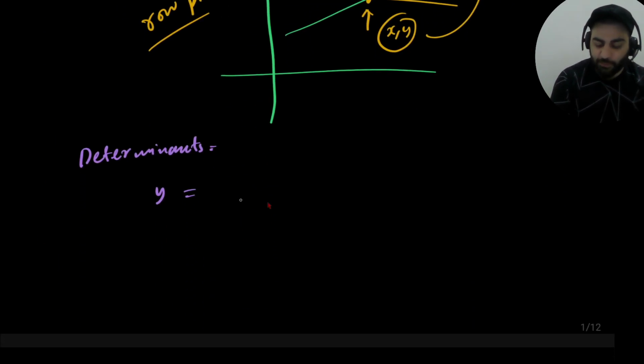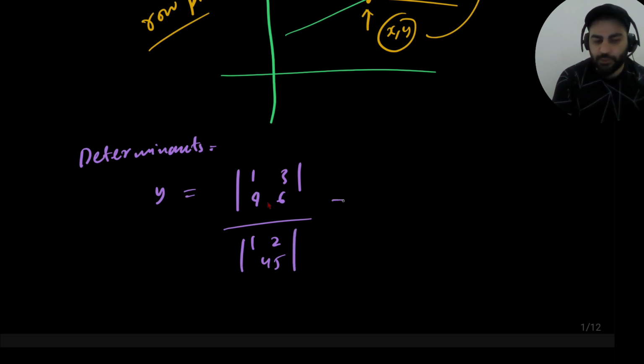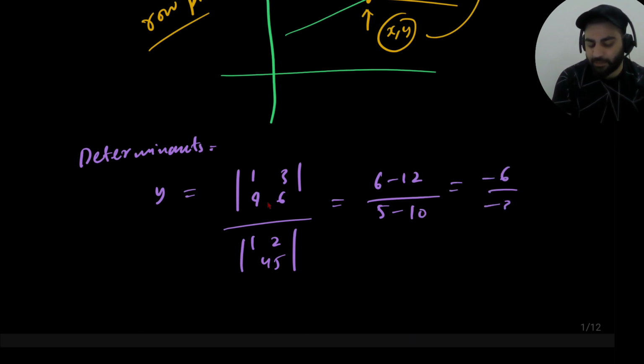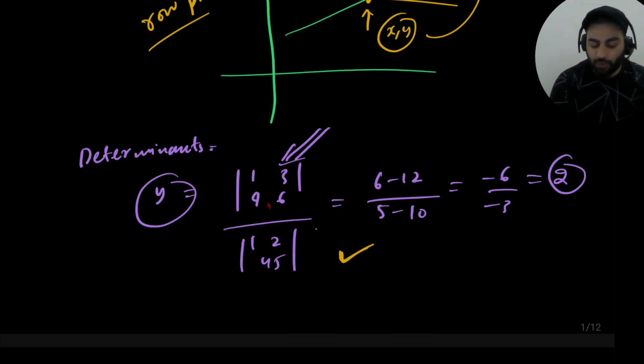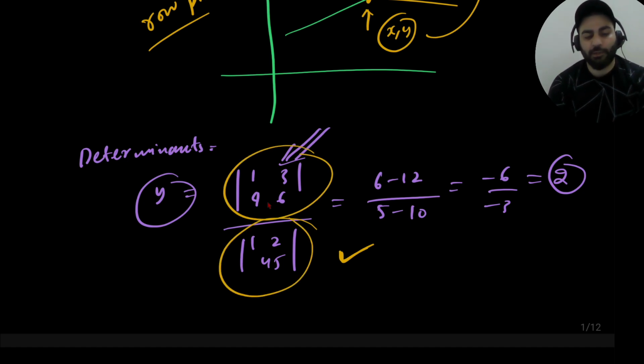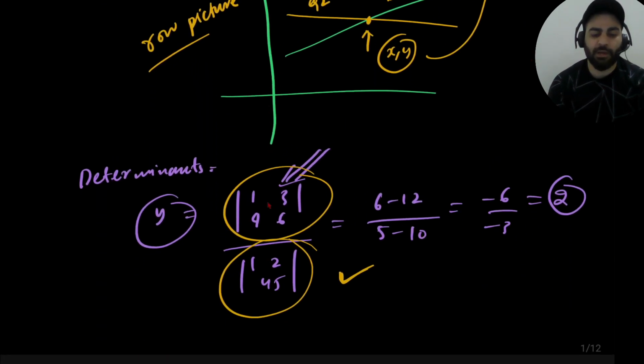So y will basically be equal to the determinant of 1, 3, 4, 6 divided by the determinant of 1, 2, 4, 5. If you compute the determinant, that is 6 minus 12 divided by 5 minus 10, that's equal to minus 6 divided by minus 3, that's equal to 2. This is the value of y by using determinants. So I brought some numbers in the determinant which I took from the equations, and how this is computed, and how we got these two determinants. We'll get to the details of those things, but know that we can also compute this by using the determinant,